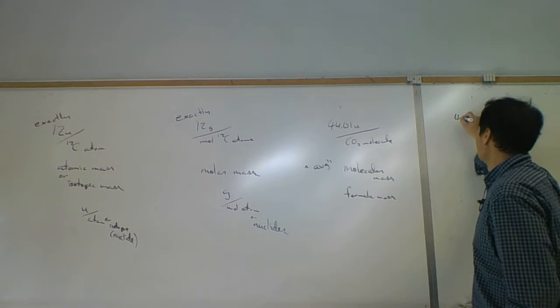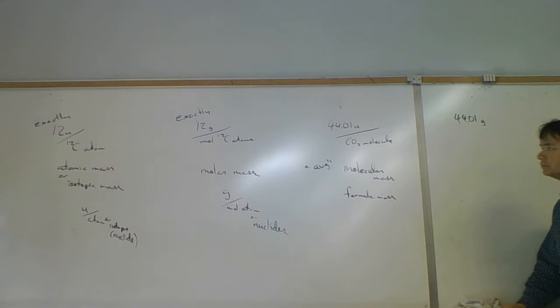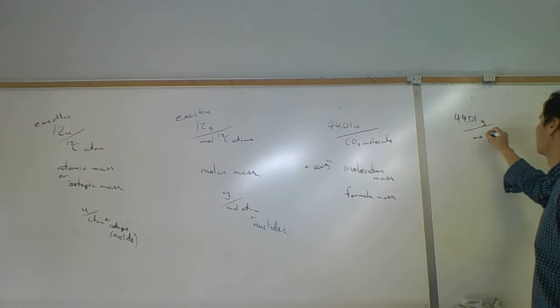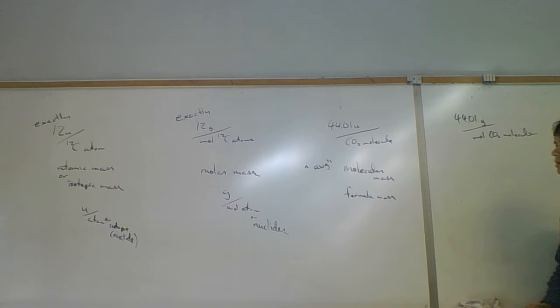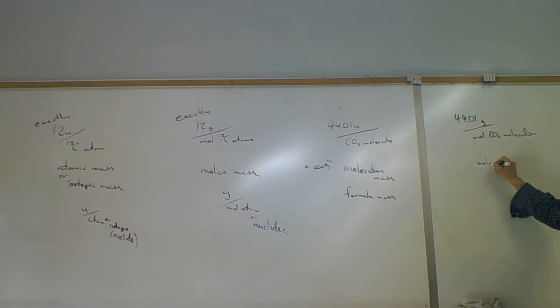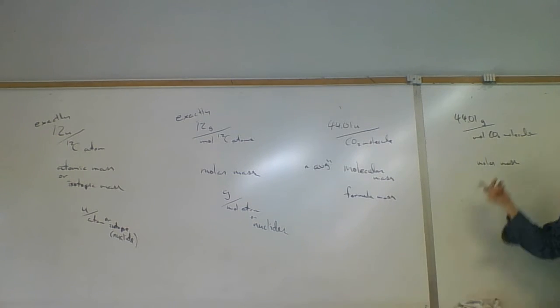Because of the way the mole is defined, I can say 44.01 grams per mole of CO2 molecules. And so what should I call this? I should call this the molar mass as well. The molar mass is just defined as the mass of a mole of units. It doesn't matter if the units are atoms, it doesn't matter if the units are molecules, and it doesn't matter if the units are